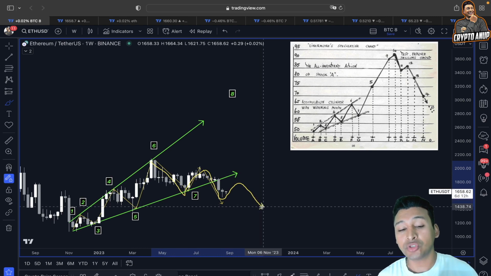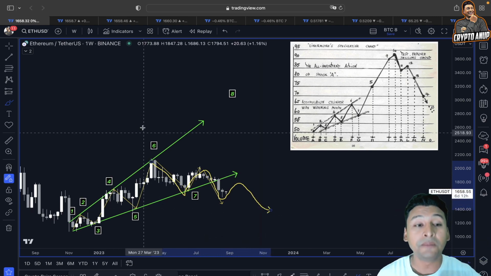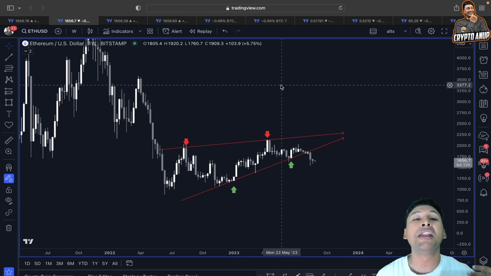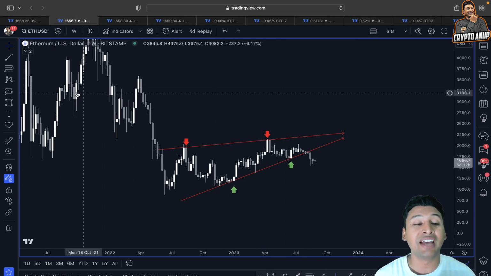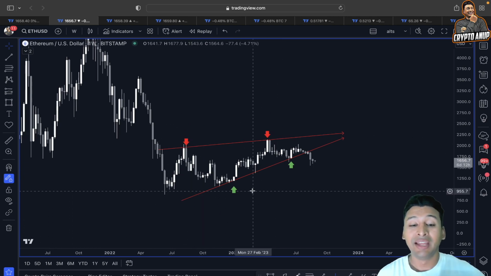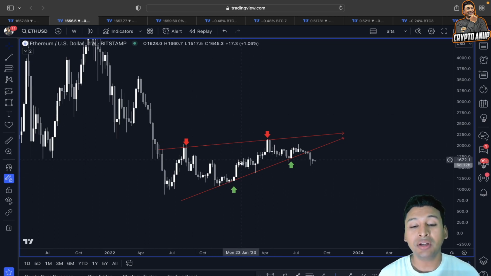So what I'm trying to pinpoint here is that since the bullish scenario has failed, we have to be careful, because parallelly in a weekly time frame, we are also forming another bearish continuation pattern known as a rising wedge. Yes guys, this rising wedge upper trend line rejected the price a couple of times, and this exact lower trend line from this rising wedge acted as a strong line of support.